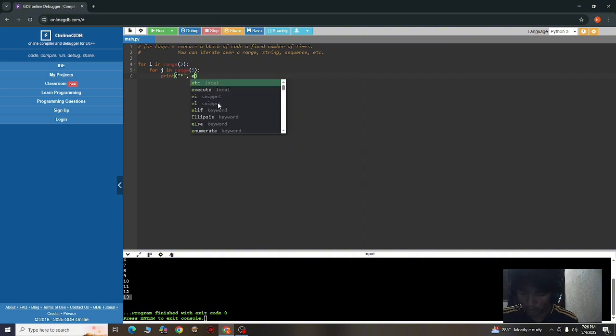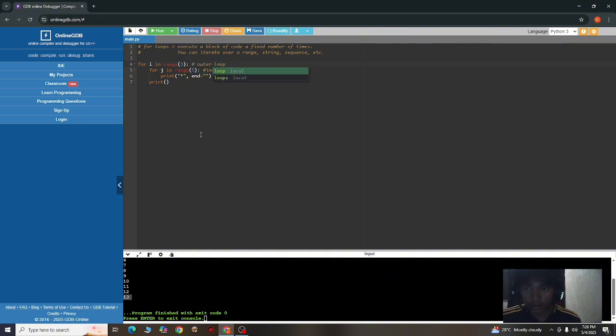So let's name this inner loop and this is outer loop. So it would print the asterisk 5 times in a number of 3 lines.